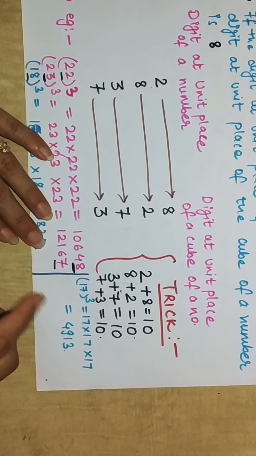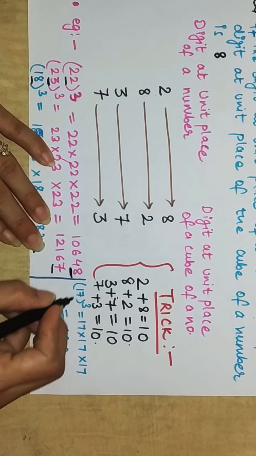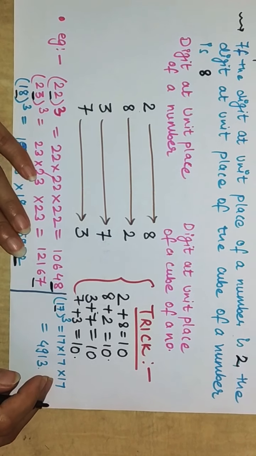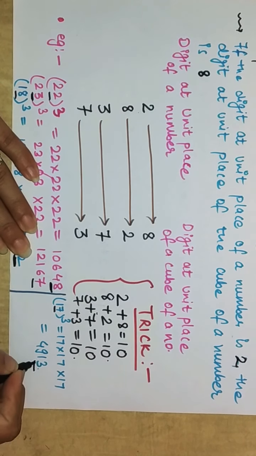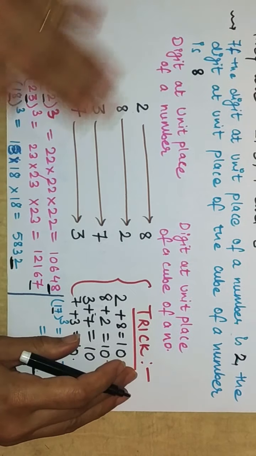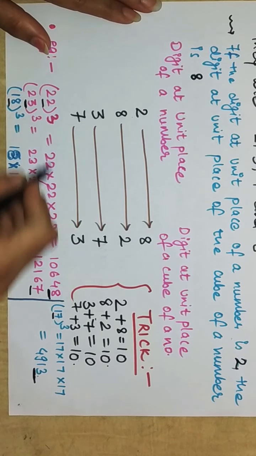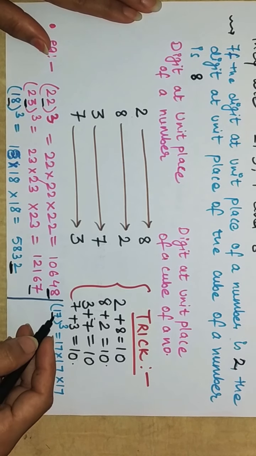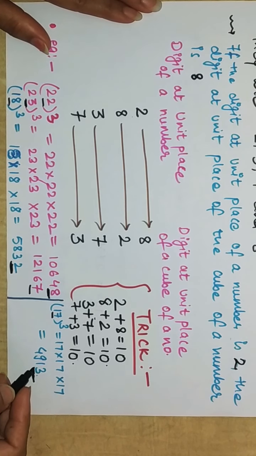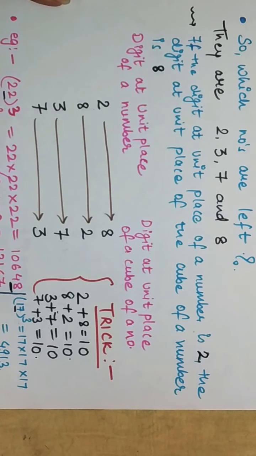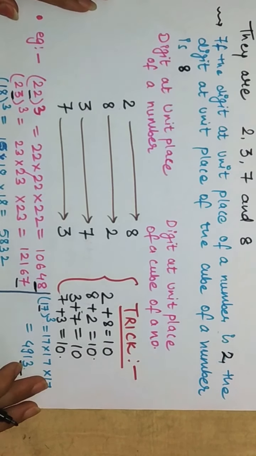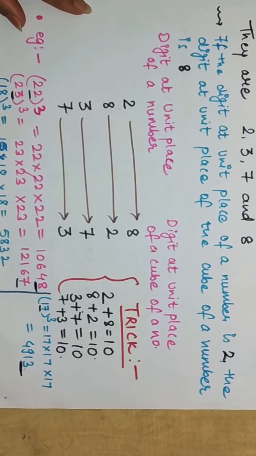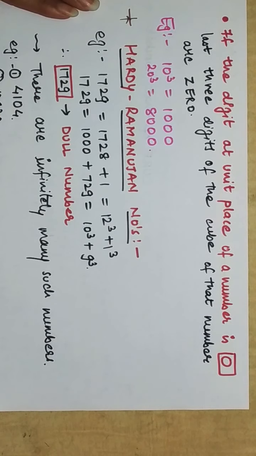Then here I can show you 17 for 7. If it is 7, then you will get 17 multiply 17 multiply 17, that is 4913. So you will get 3. So here I can conclude when it is 2, you will get 8. 3, 7, 8, 2. When the unit digit of a number is 7, the cube of that number has the unit digit 3. So I hope whenever these type of questions come in the exam, you will not make any kind of mistake in solving them.